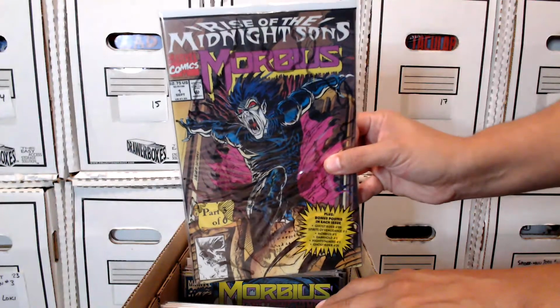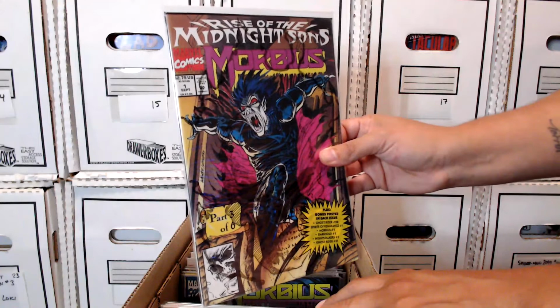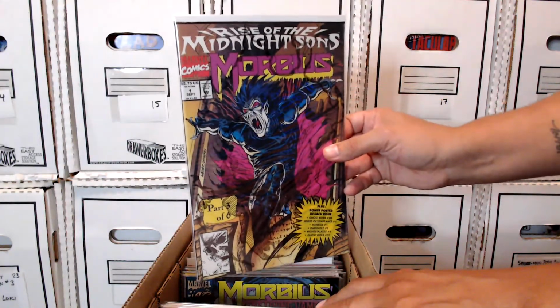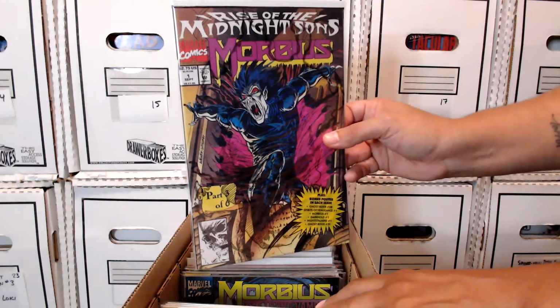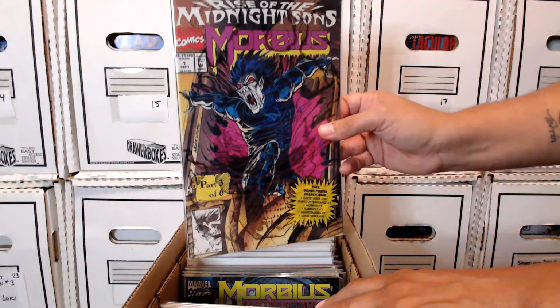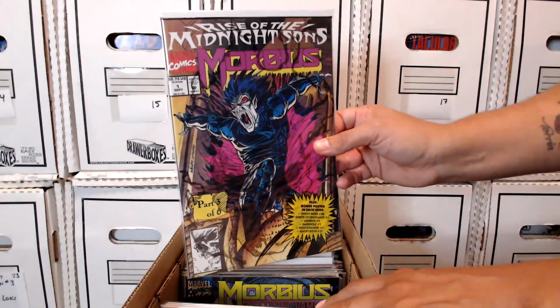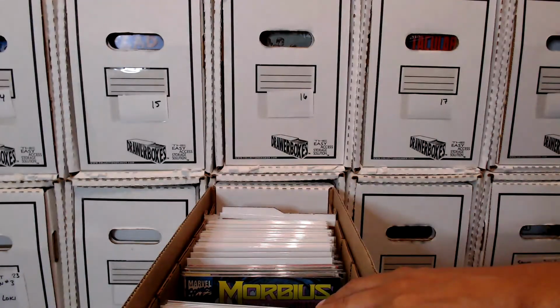So I have one of these unbagged, but the one that's in my actual collection is still polybagged. I know people say, well, take them out of the polybags because the polybags aren't very good for them, but honestly, I've had other copies of these Midnight Suns books that were still polybagged after all these years, and I unbagged them because I wanted the poster, and the books were still fine. They were just perfectly fine. But the series,